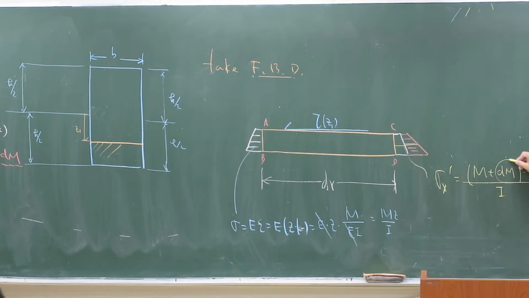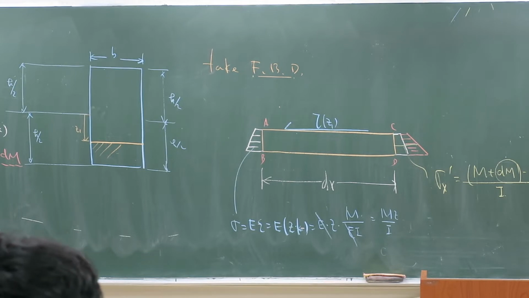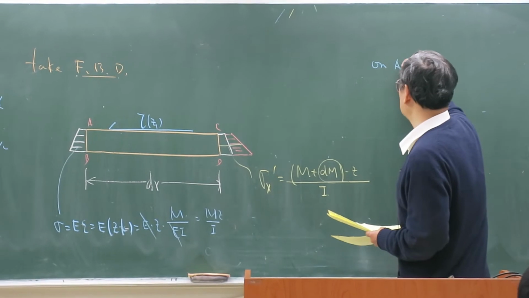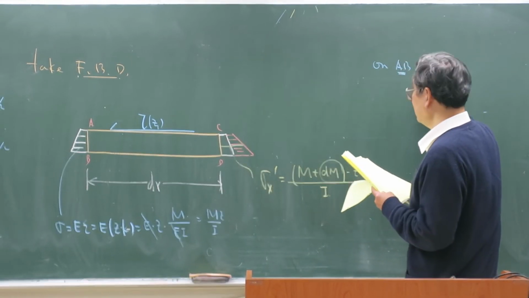So that's the difference, that corresponds to dM. So on the AB face,